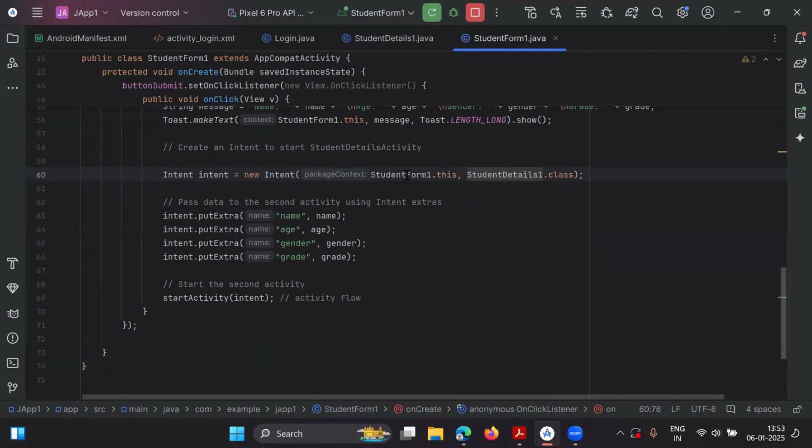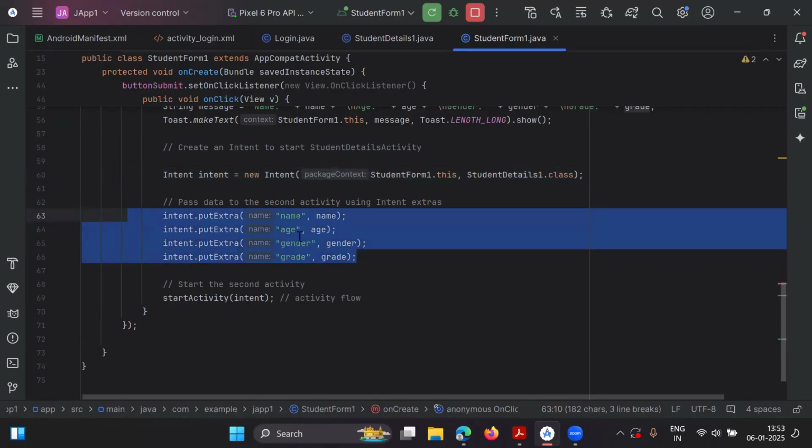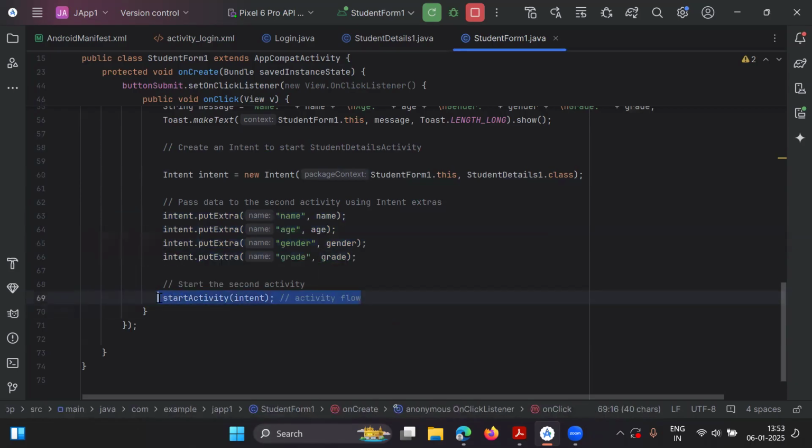So this is my activity number one and this is my activity number two. What data do I want to pass to that activity? And once this object is ready, I call activity number two. How is the activity called here? Whatever name you have written in the second parameter of the intent, you can call that activity with the startActivity function. So in the first file we did three tasks: we initialized the intent, we kept the data ready,